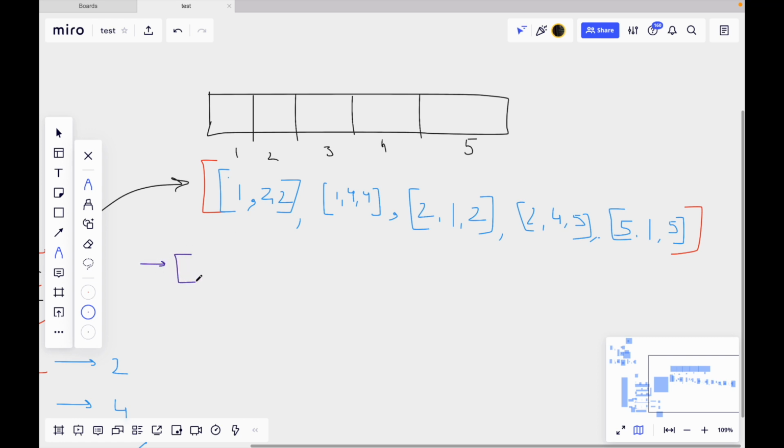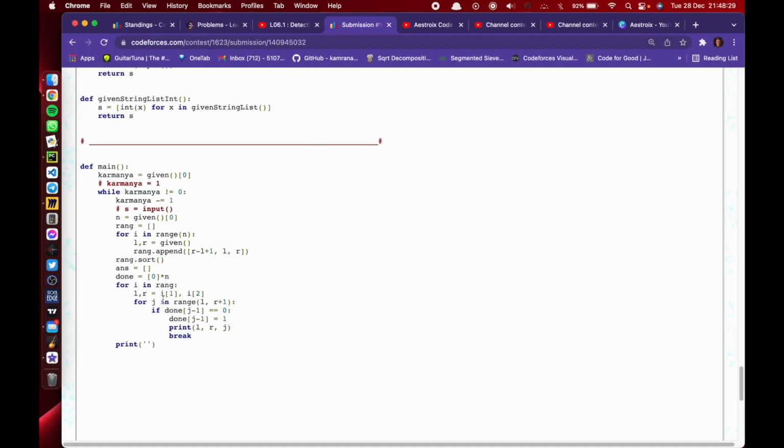In answer, I'll show you what I have done. In this loop, for I in the range, I have taken L comma R, the starting position of the range and the ending position of the range, and in that whole range from L to R, I have checked for the first occurrence of that done array to be 0.